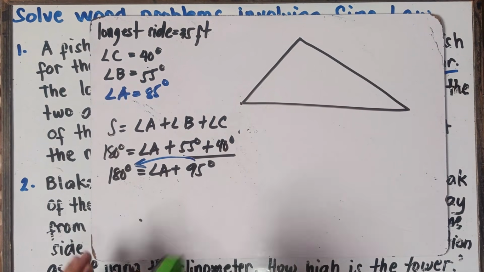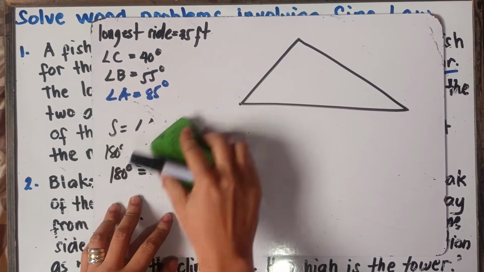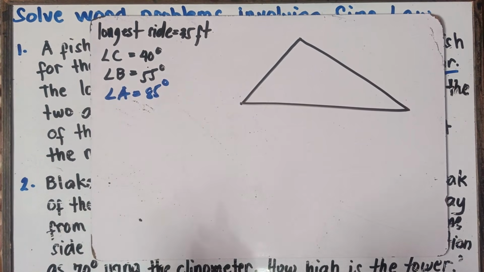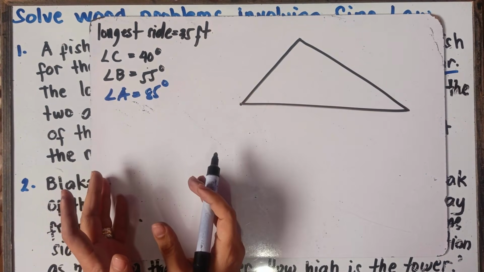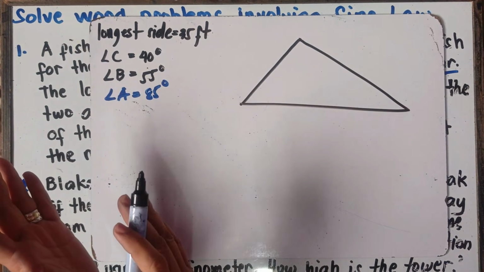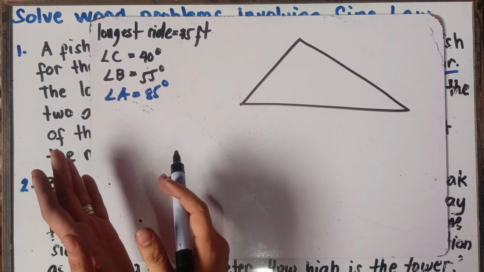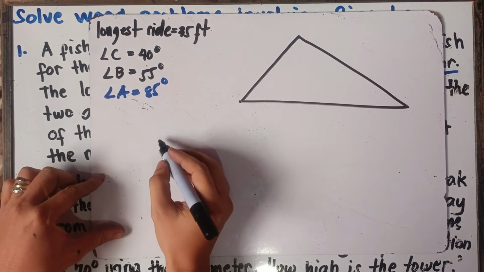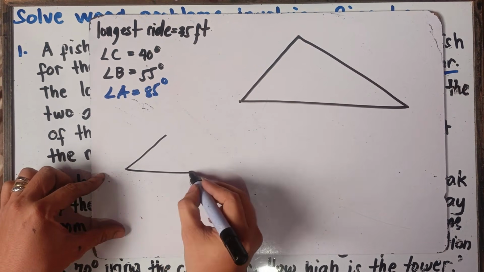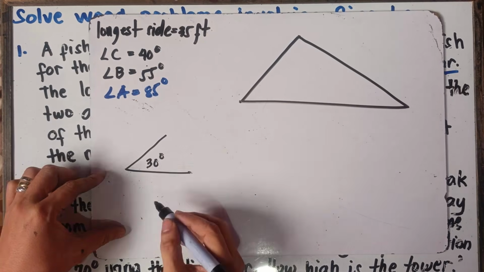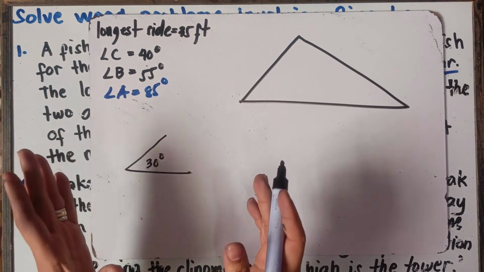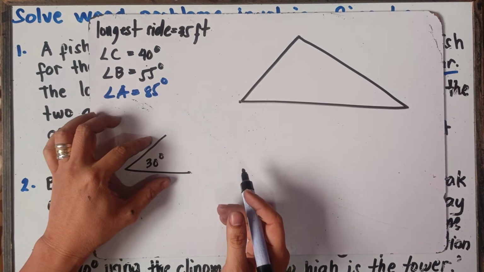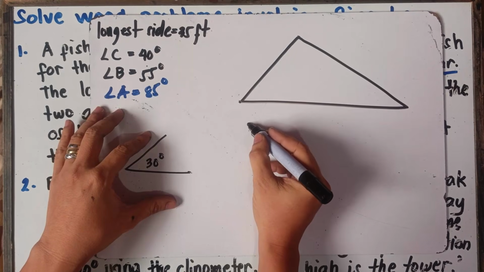Let me explain that one, class, with regards to the side and the angle. Remember this, class: if you have a greater angle, therefore you have a greater opposite side. If you have a smaller angle, the opposite side is smaller. Basic example, class. If this is 30 degrees, of course we know that 60 degrees will be greater than 30 degrees with regards to the opening of the mouth, right? Example, this is 60 degrees.